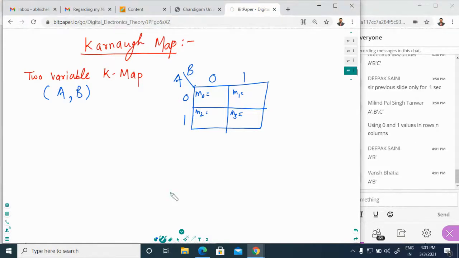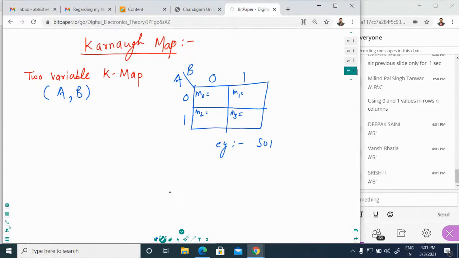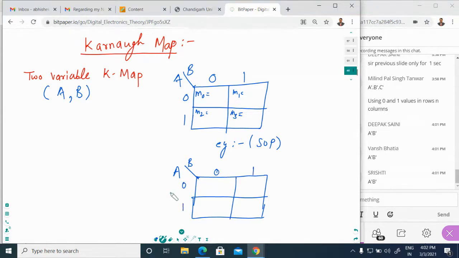Let's suppose that this is an example for sum of products, SOP. And the second example we are taking is for POS, product of sums. Same, you are taking the 2 variables right here, and we represent these 2 variables with the help of 0 and 1.